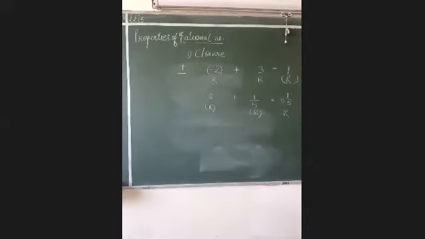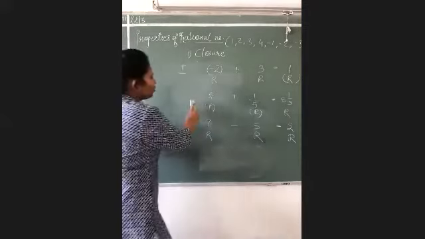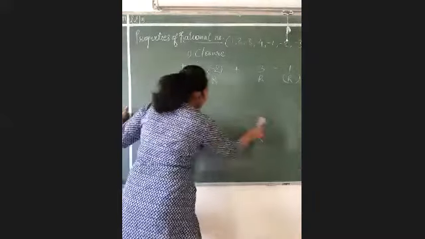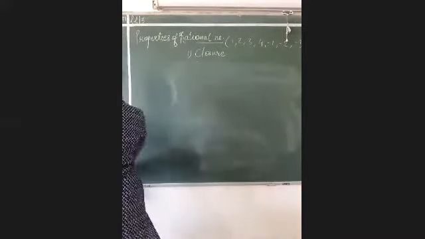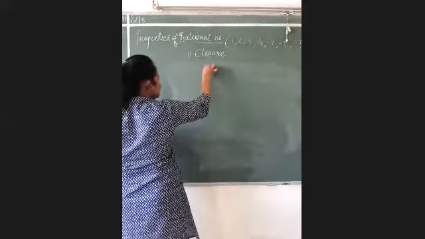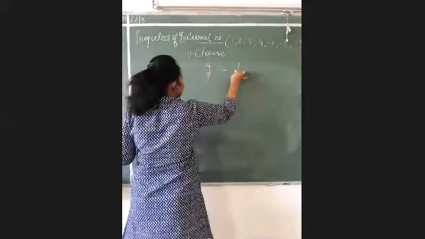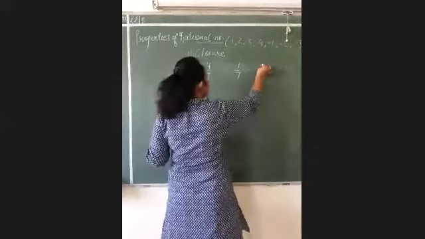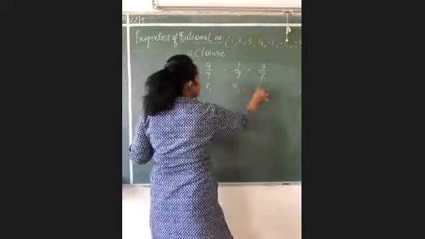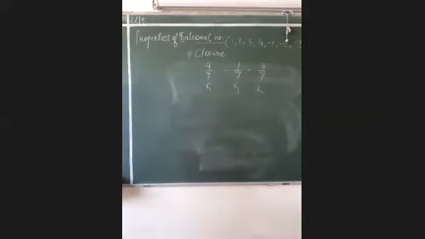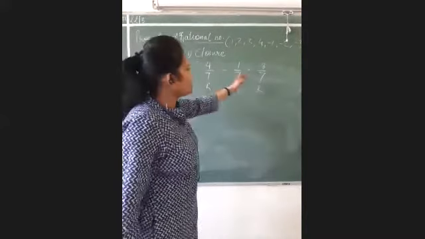Just a second. Now always remember, when you subtract two rational numbers, you will always get a rational number only. Okay? Now let me show you one more example. Suppose the question is 4 by 7 and you are subtracting 1 by 7 from it. You will get 3 by 7. This is a rational number, this is a rational number, and this is also a rational number. It means when you subtract two rational numbers, you will always get a rational number only.